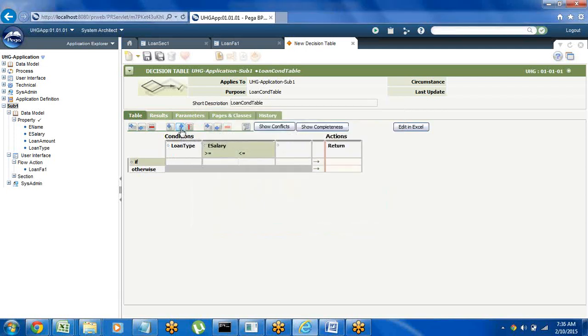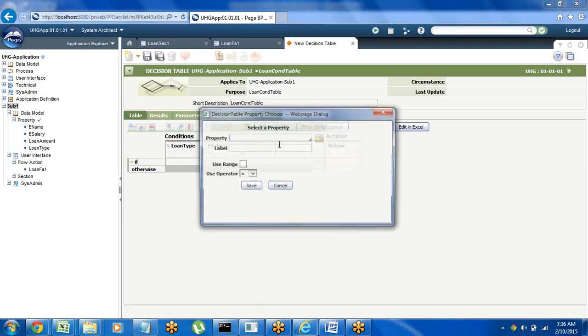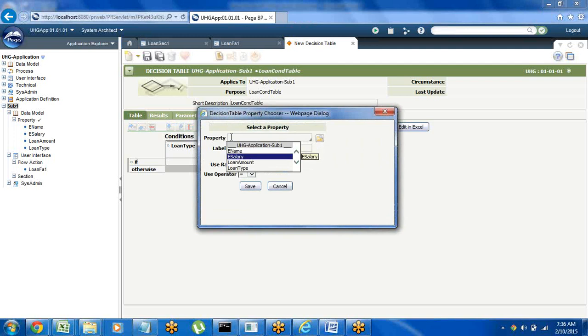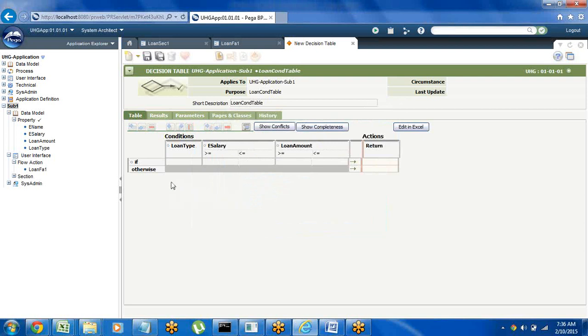Add one more column. Property name, loan amount. For this also select the use range option. Click on save. Now under the if condition, for example I am taking one type. In this table I am taking the loan type as home loan. We can also add another type, but to avoid confusion I am just taking the loan type as home loan,